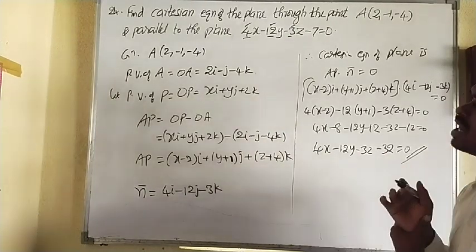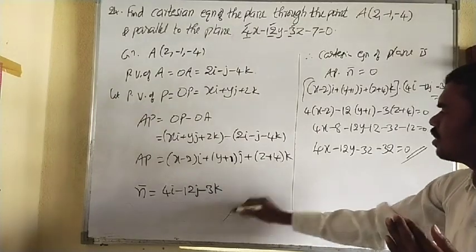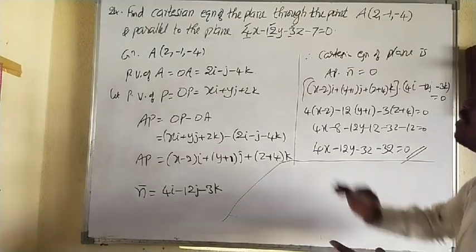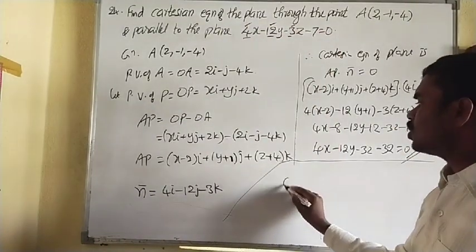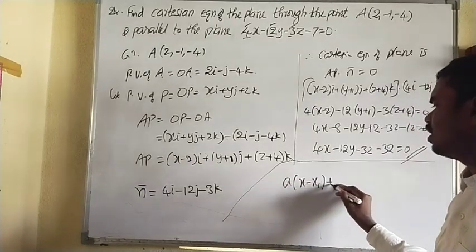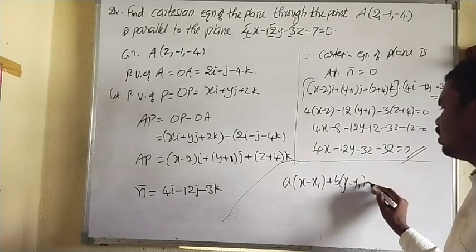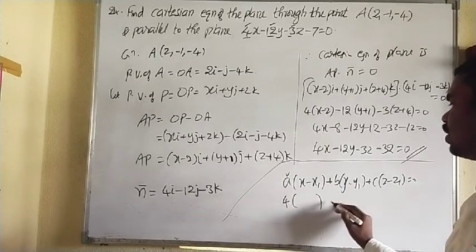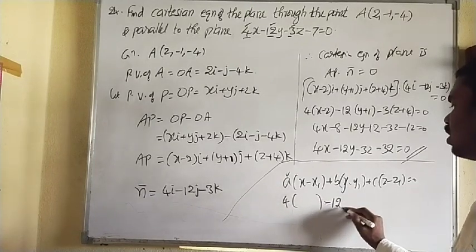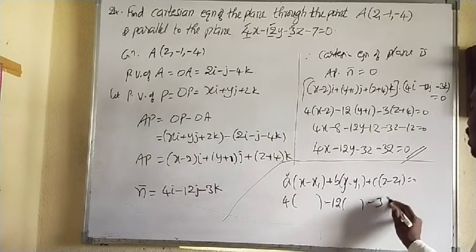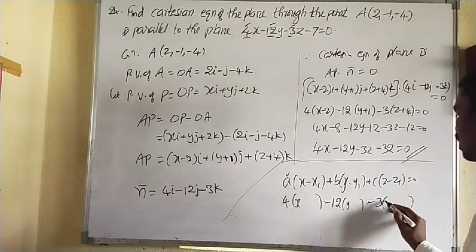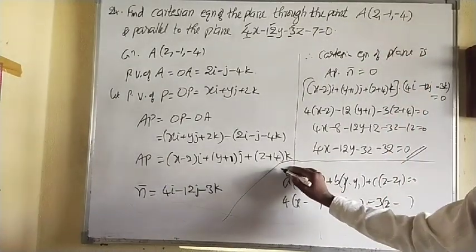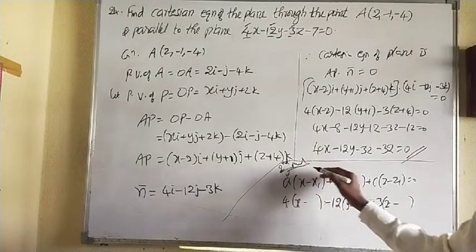The same question can be asked in Maths 1B planes. There I think I taught or not, I don't remember. So how to do it in that plane equation method: these are the direction ratios A, B, C. The formula is A into (x - x1) plus B into (y - y1) plus C into (z - z1) equals 0. A means 4, B means -12, and C means -3, and x, y, z are the variables, and x1, y1, z1 is the given point. Okay, second method, I think it is used in the plane equations.